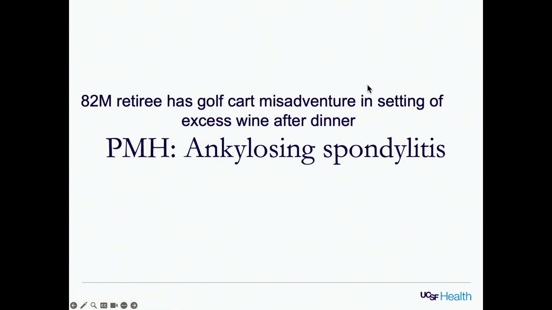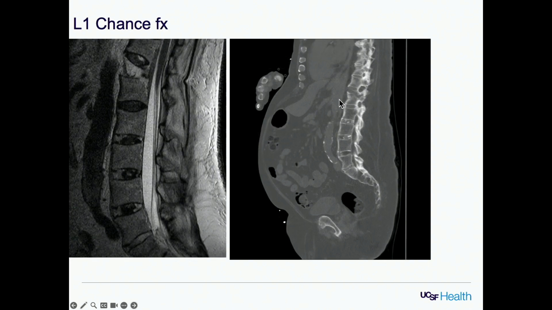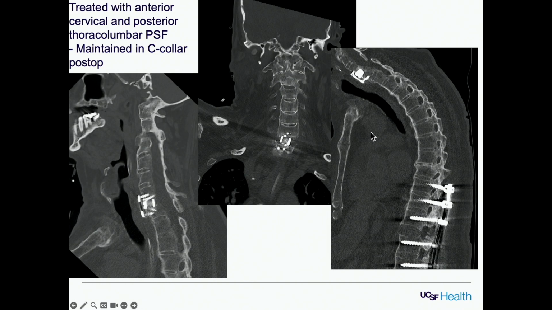And then the last etiology in terms of spinal deformities that we see is the ankylosing spinal disorders, typically DISH, ankylosing spondylitis, as well as patients with end-stage spinal disease. This was a patient also in the 80s, who had a fall from a golf cart crash and a clear C6-7 fracture dislocation, and similarly, multiple spinal injuries with a bony L1 transverse process fracture. We were able to take this patient to the operating room immediately, and in this case, early stabilization with screws helps the patient mobilize, so we elected for both a posterior and anterior surgery in the same anesthetic setting, which he tolerated well.